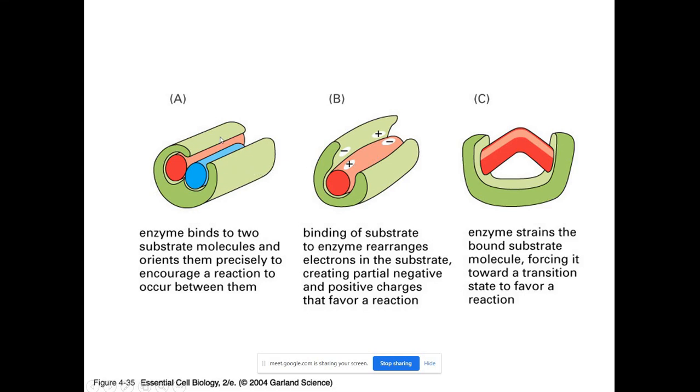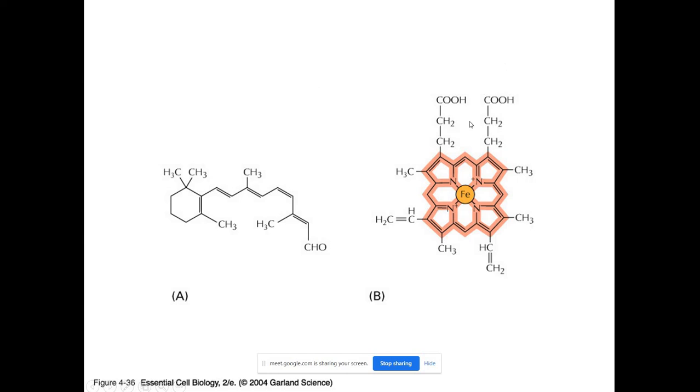In figure A the change is done by the substrate. In figure B the change is done by the protein enzyme. Now in figure C there is an adjustment by both substrate and enzyme. These two are adjusted with each other in the transition state. This is the transition form.